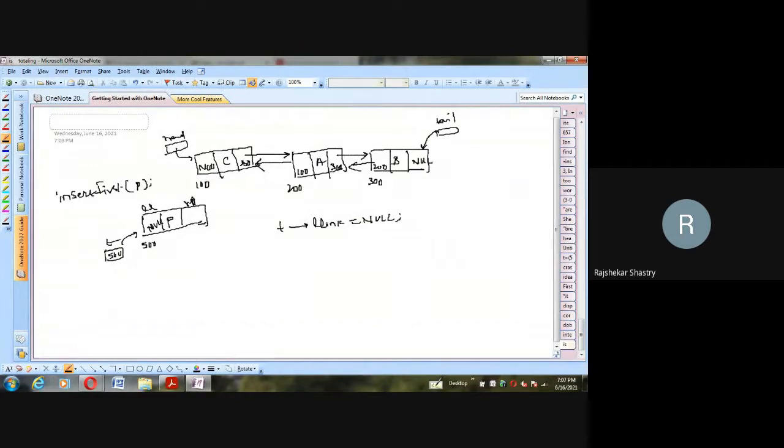So we store head in T arrow right link. Head is right now holding 100, so blindly that 100 address is stored in T arrow right link. So here you will have 100. That means T arrow right link is pointing to this head node.